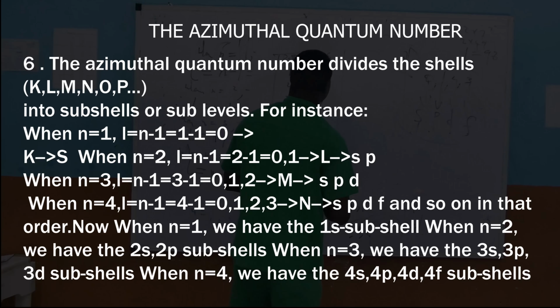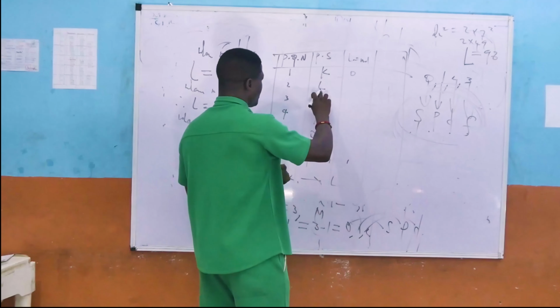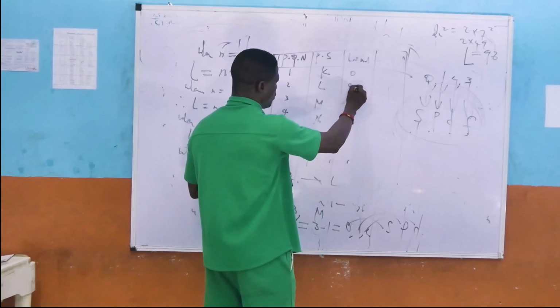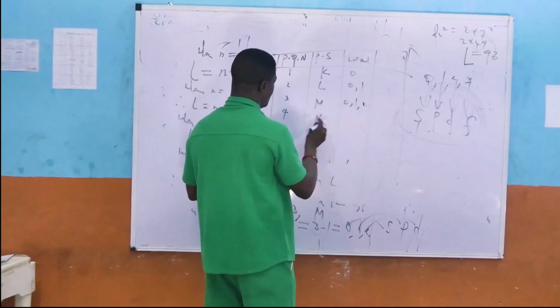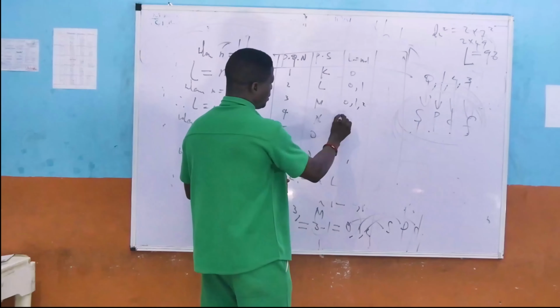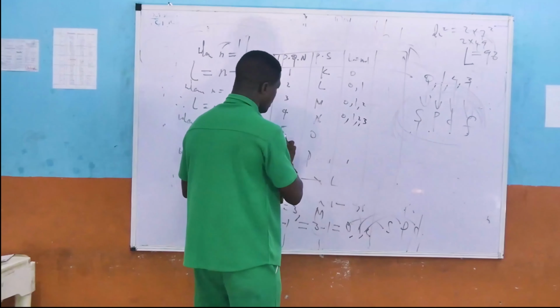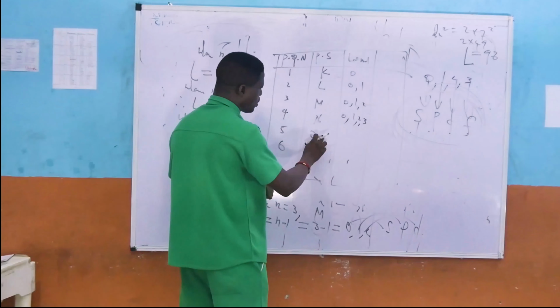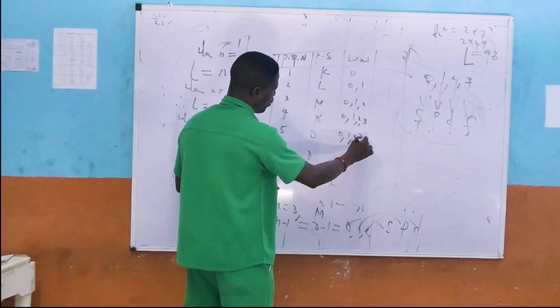P. Now, the azimuthal quantum number, which is n minus 1, will give us, for K, an azimuthal quantum number of 0. For L, you have azimuthal quantum numbers of 0, 1. For M, it is 0, 1, 2. For N, 0, 1, 2, 3. For 5, which corresponds with the O principal shell, it is 0, 1, 2, 3,